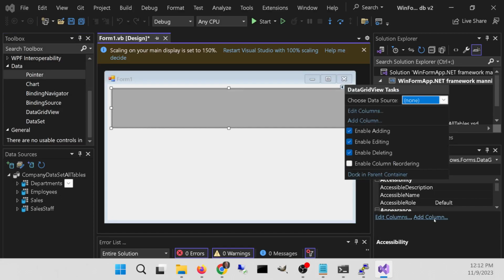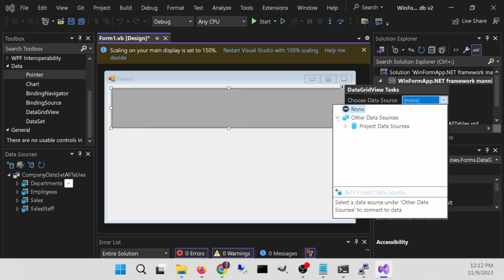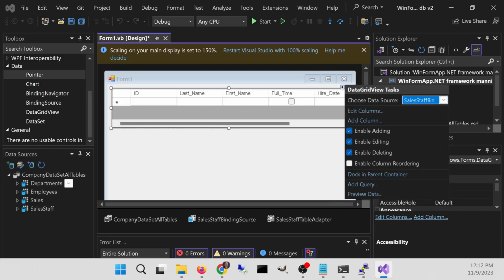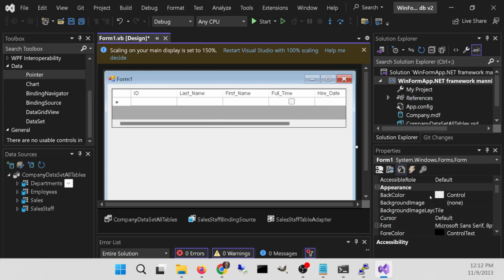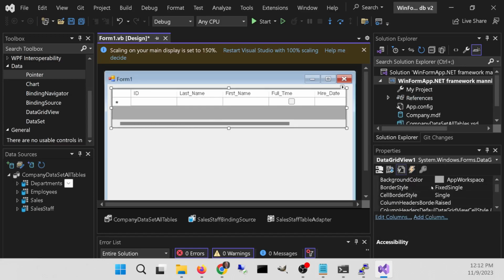And I'm going to go here in my data source, my project data source I've already brought in, and there I can choose what table. So this is the cleaner way. I like this way better, rather than bringing a data grid and choosing a data source. I like the idea of knowing that my data sources are valid for my entire project, not just for that little data grid. And the docking of the data grid, I'll go ahead and go